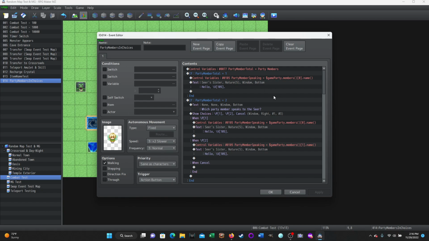basically copying and pasting. But this way, it doesn't create an error, and it's based entirely on the number of party members you have. So if in your game, you're always going to have the same number of party members, you can't add anybody, you can't detract anybody, well, then maybe you'd be okay. Or if you know you're never going to have more than 4, then maybe you'd only have to do 4 options here. But if you're going to obviously have more options than that, then you need to account for all